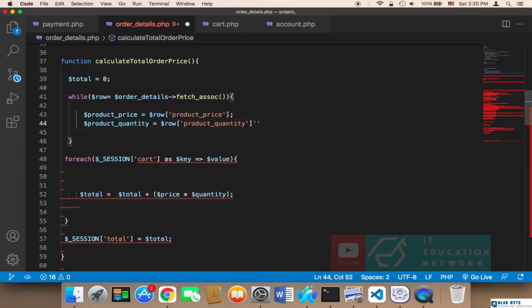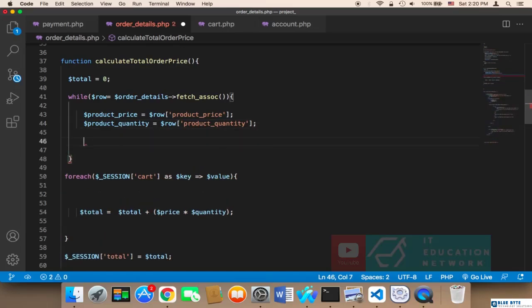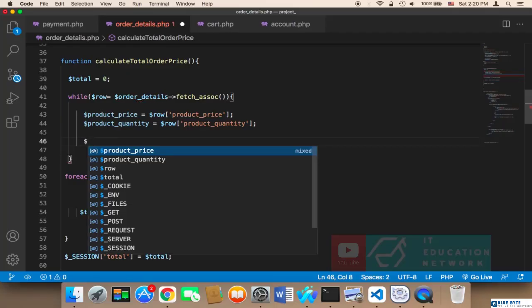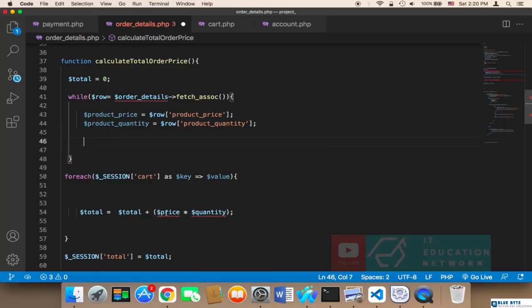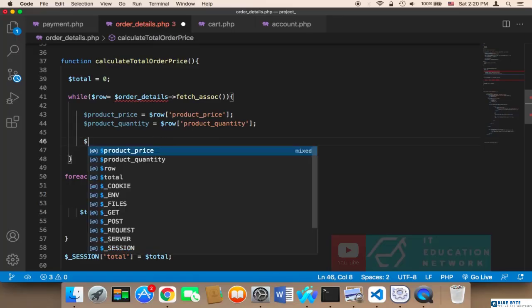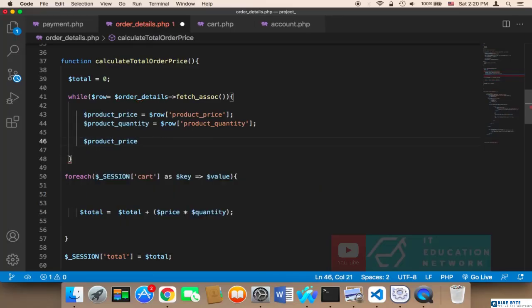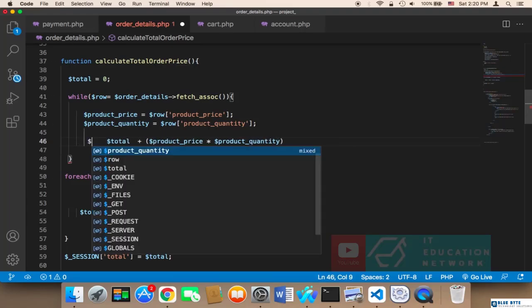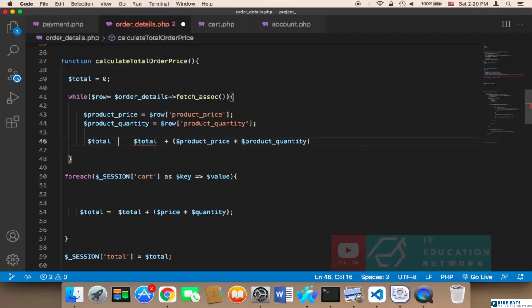And then we need to multiply the price by the quantity. We need to say product price multiplied by product quantity, and then add these inside brackets, and then plus here plus total is equal. Everything now is going to be equal to the total. Total is going to now be equal to the total, and we can now